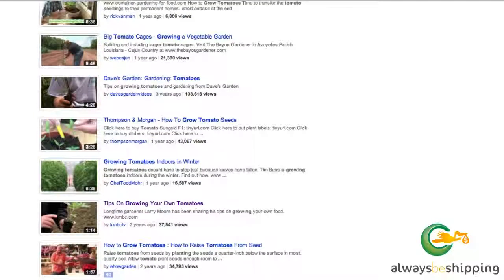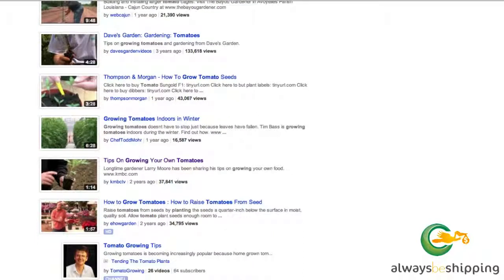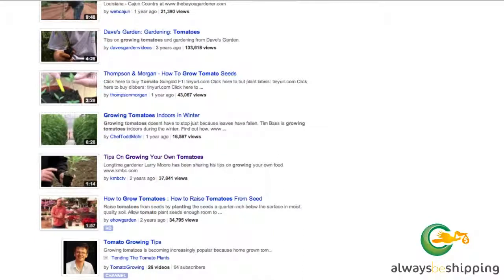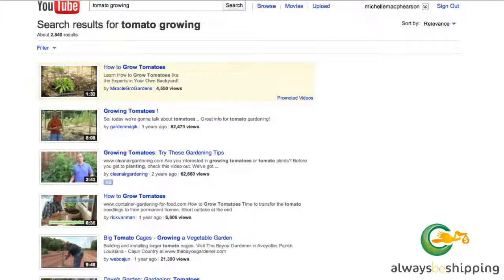Because if it's just general like that, if it's just very surface, people aren't getting a whole lot of value from that. Nobody's going to walk away from that with an action plan or new information about what they can do as far as growing tomatoes. There's nothing new in that particular piece. So I'm not terribly impressed, and I'm not going to choose that video.